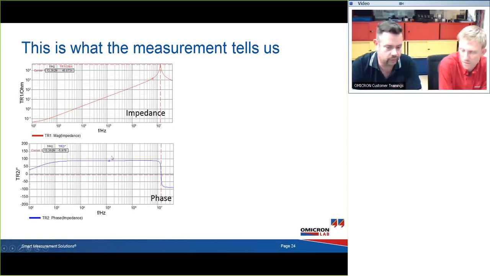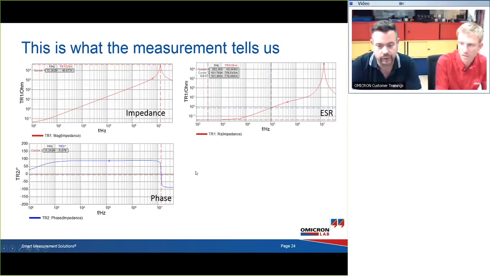The same thing is here. If you look at the phase, we see the crossover point for the phase is at the same position, so it's the resonance frequency. For sure, an inductor cannot start at 90-degree phase shift because of the losses from the winding. And if we look at the ESR, we immediately see that the ESR changes over frequency, and that's quite interesting because the ESR means loss